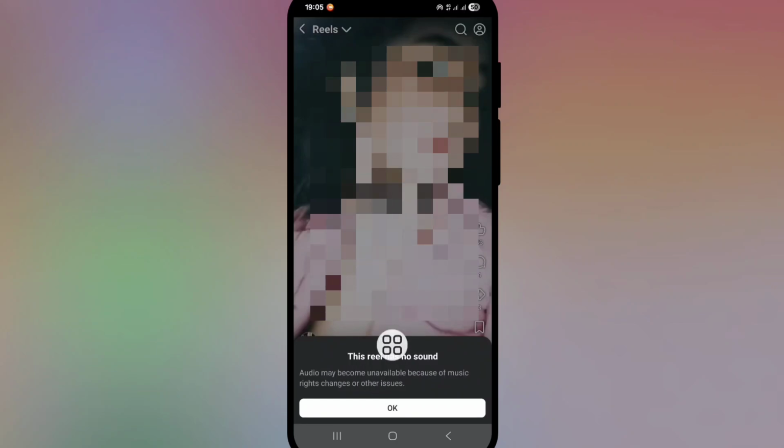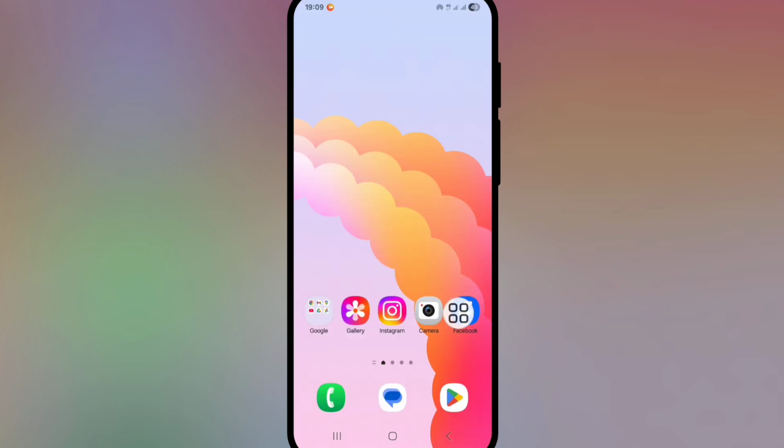Hello viewers, are you experiencing the Facebook Reels no sound error problem? In this tutorial I'll show you how to fix it. So let's start. For solving this problem, first of all long press on the Facebook app, then open Facebook app info,